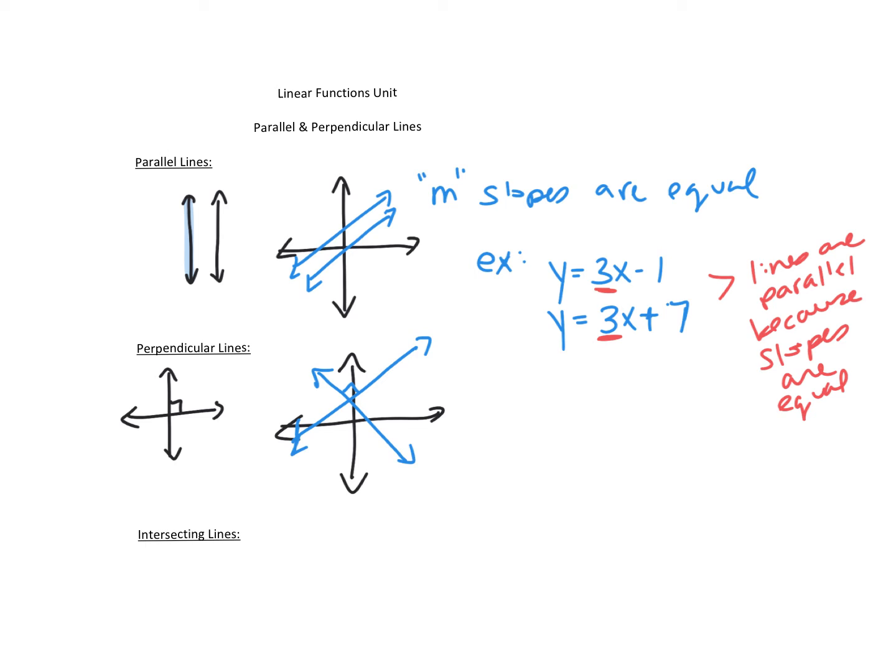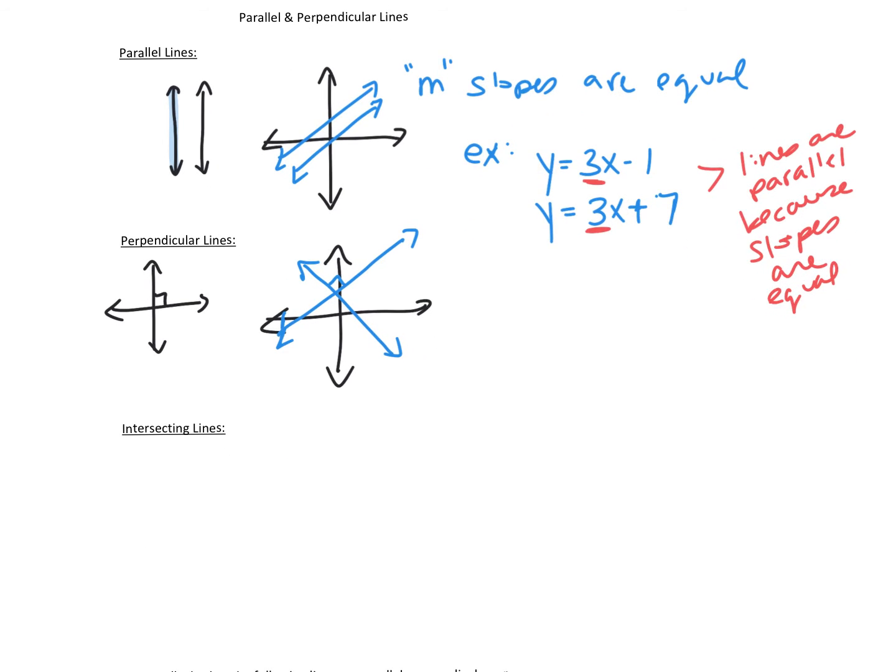So again, we can tell if lines are perpendicular because there's a relationship between their slopes. Okay, let me just draw a dividing line here. The slopes of perpendicular lines are opposite signs. One's positive, one's negative, and they are reciprocals of each other. If you think back, reciprocal means that you flip the numerator and denominator of a fraction. So perpendicular lines